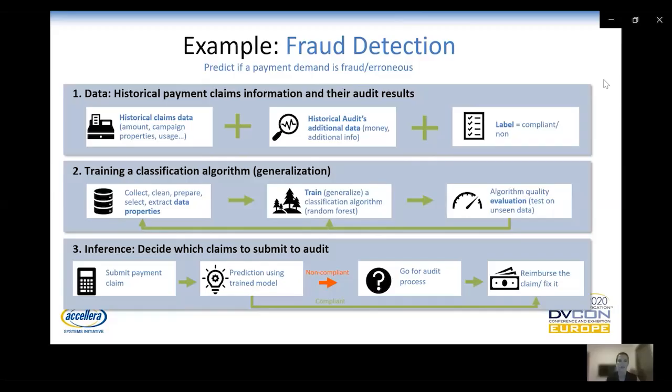The solution that you can see here had an ROI of millions of dollars each year, and also helps, of course, Intel's reputation, because it generates less burden for our partners, and we are able to better select the ones that have a very high likelihood for errors or for fraudulent activity.